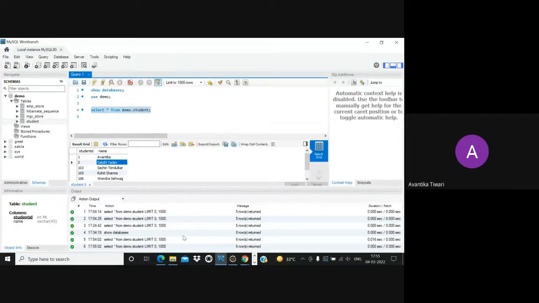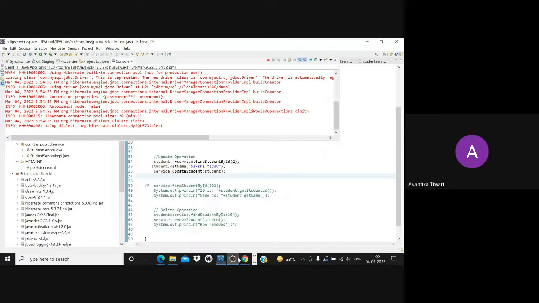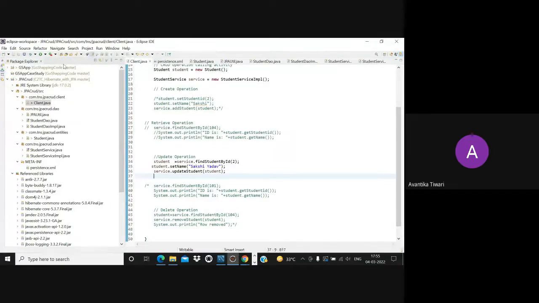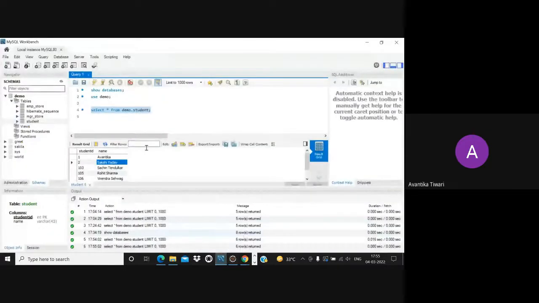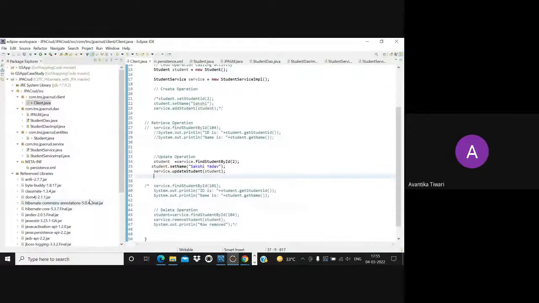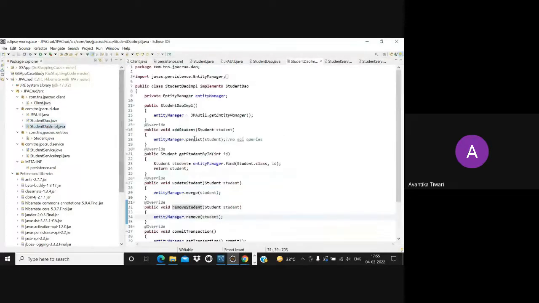Okay, so what we are doing is we are making changes over here in the Java program, and where we are seeing the results, we are seeing it over here. And we haven't written any SQL query. In any of the classes, we did not write an SQL query. We just used the methods. These methods we used. And the method and the way of invoking the method will remain the same on any platform.